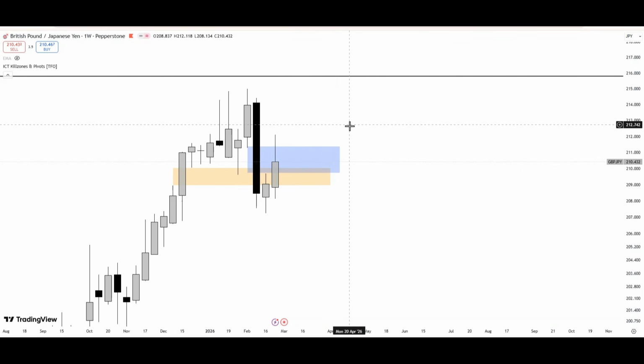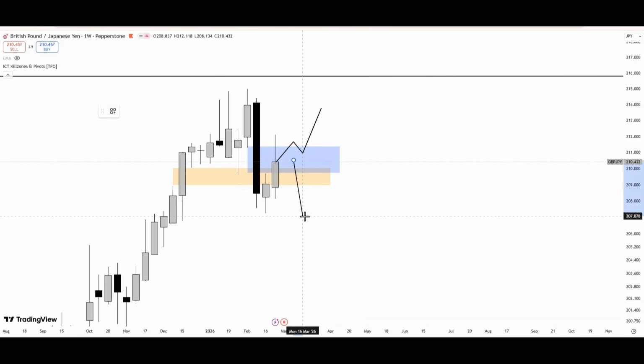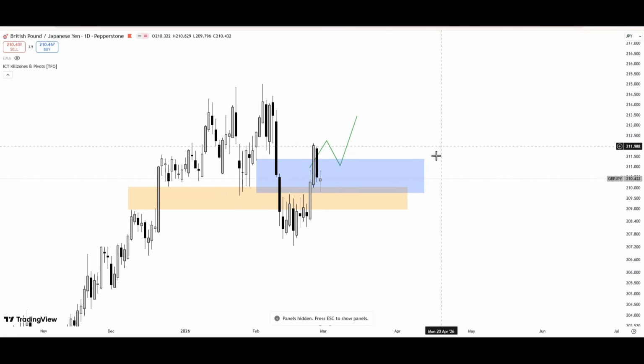So now, of course, yen basket is what will determine what you're likely to see for GBPJPY. If yen basket is still bearish, then anticipate that GBPJPY is likely to invert this bearish fair value gap, and we're likely to see bullish momentum. However, if yen basket is bullish, then expect that these will be used to push price lower. So let's look at the daily time frame.